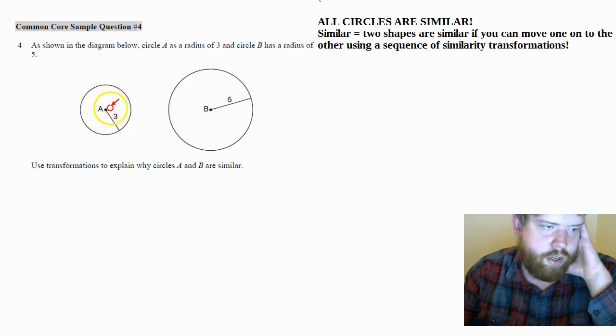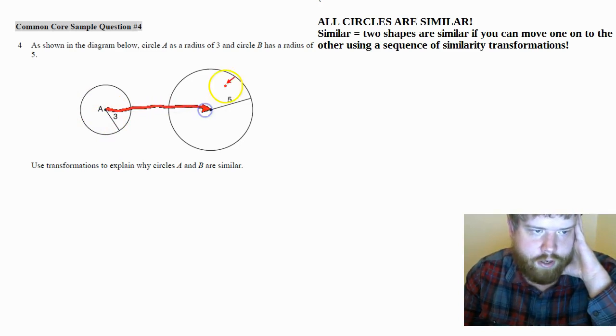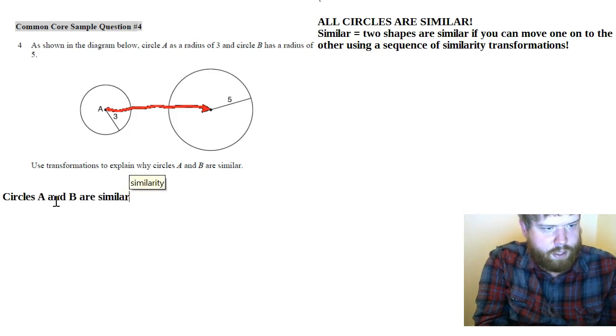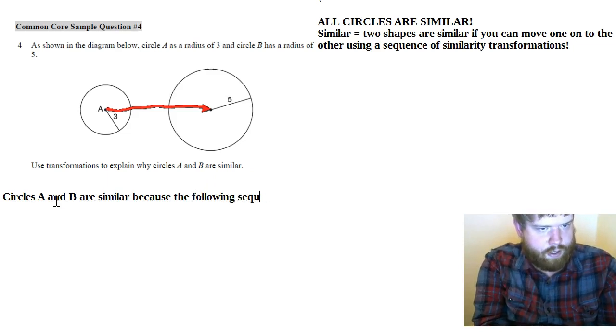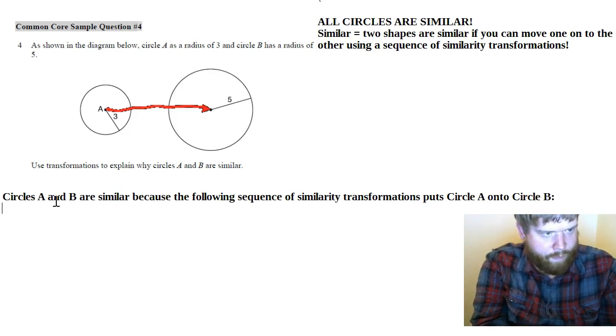So to show you what that would look like, I am first going to translate the center of circle A onto the center of circle B. If I were going to describe this in words, I would say, circles A and B are similar because the following sequence of similarity transformations puts circle A onto circle B. Number one, translate circle A